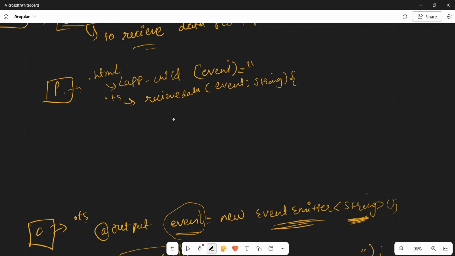and it will have a variable as well here. We'll have a variable called name of string is equal to something blank. Okay, so this name is equal to this event. Means